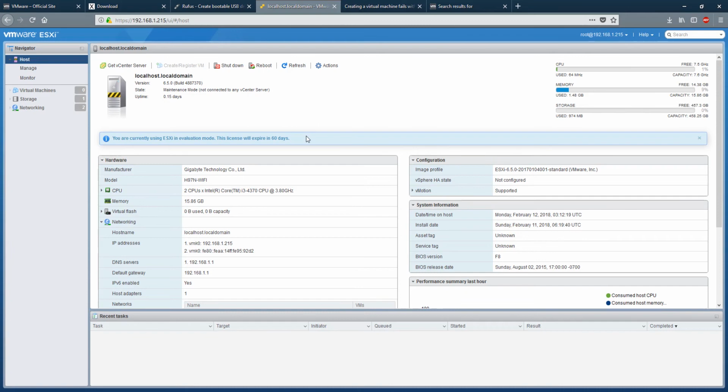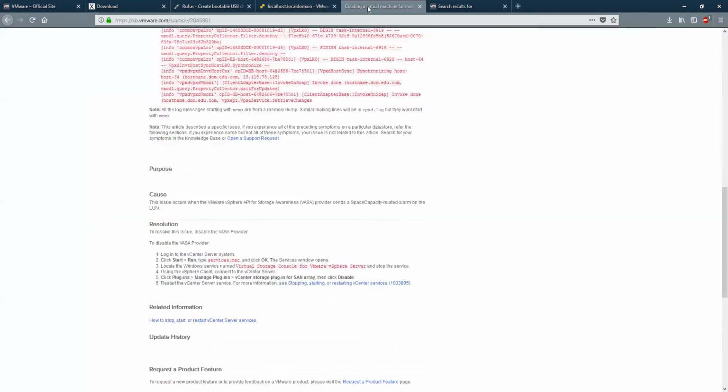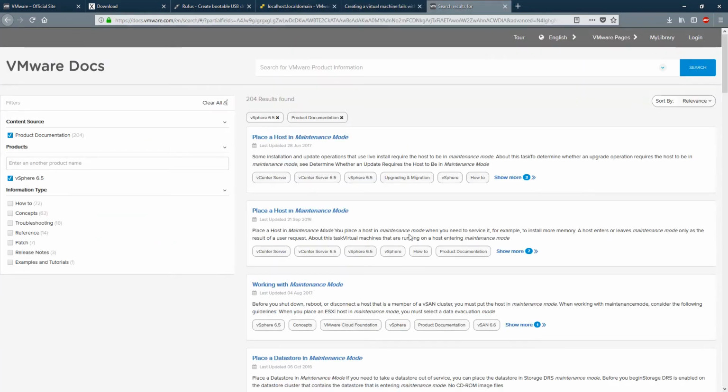They do give you a license number, and I guess you have to put in there, but I haven't checked yet, and I just wanted to do the video to actually show you this before I did anything else. So I haven't even configured this. This is just like the default installation that you get. So here you get a couple of menus, here you get a couple of actions, and one thing I found out is that if you want to shut down the server, you have to go to maintenance mode in order to do that, and that's where all these documents that I was reading were